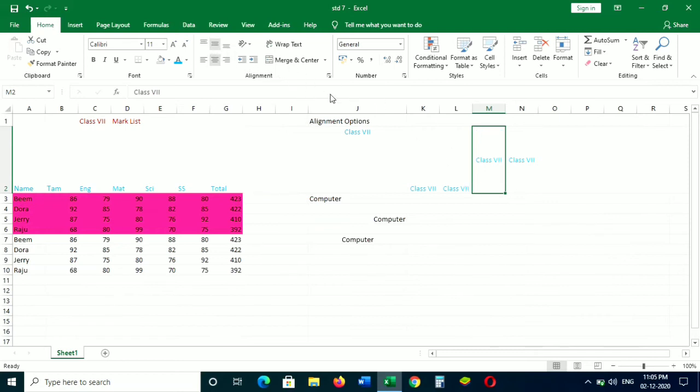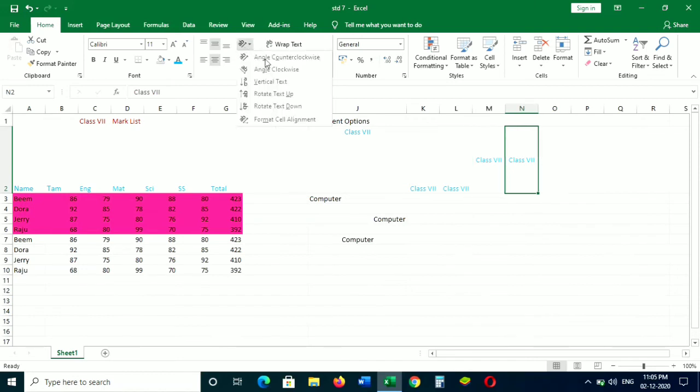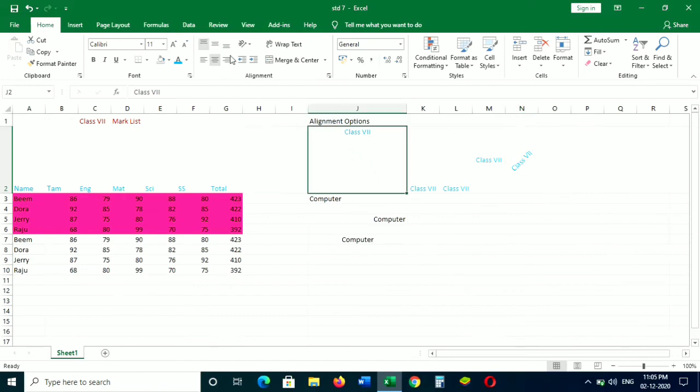The orientation of data cells. Select the cell you wish to change. Click the orientation icon. You will see a drop down menu allowing you to format the cell orientation. You can choose any one of the commands.